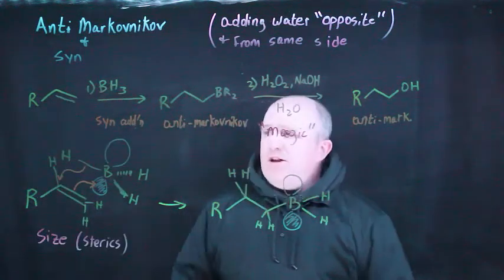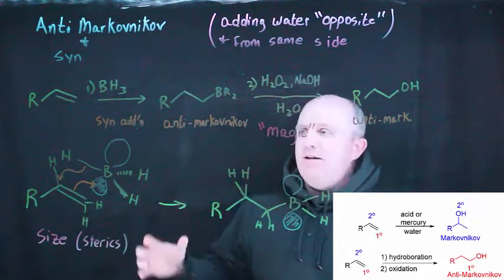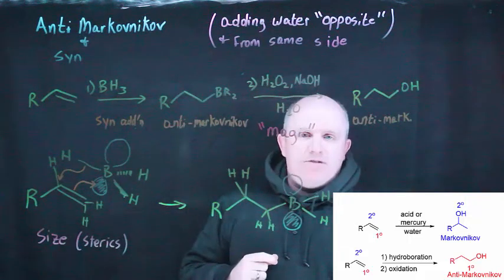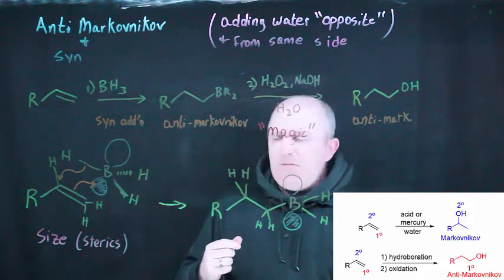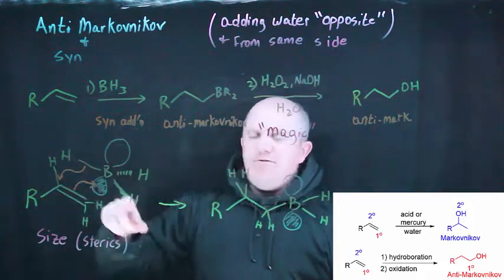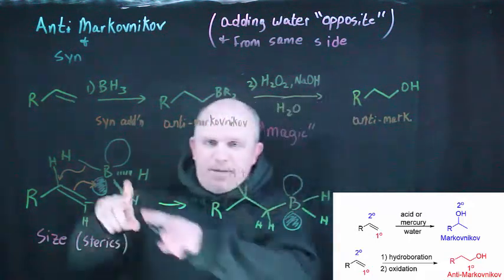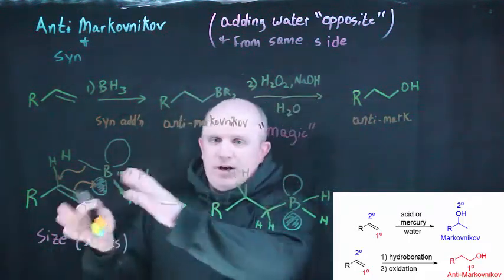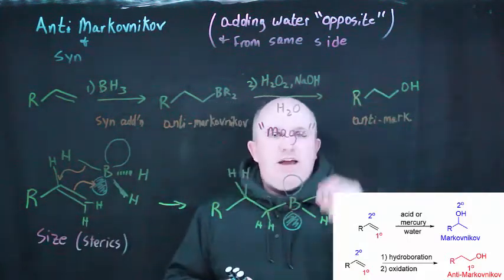In other words, the reason why you get Markovnikov addition is because you have a carbocation. So if we want to do anti-Markovnikov addition, we have to avoid carbocations altogether. And so this happens simultaneously, and the hydrogen is delivered from the same side that the boron is on. They end up on the same side because this happens again all at the same time. So it's organized the way it is regiochemically because of size, because of sterics, and that leads to the anti-Markovnikov